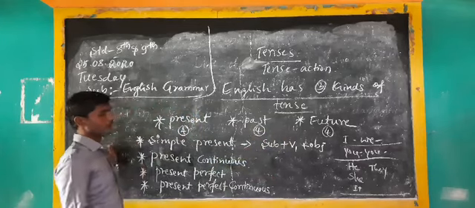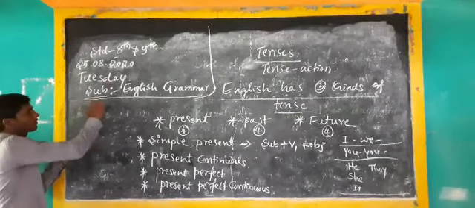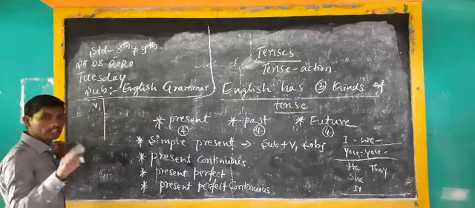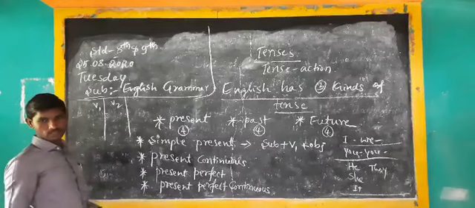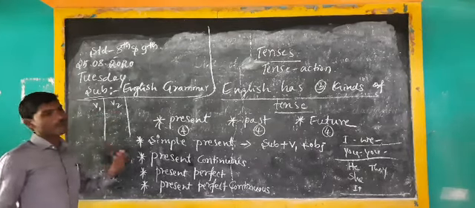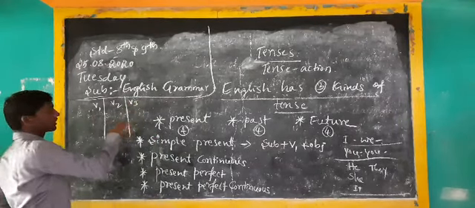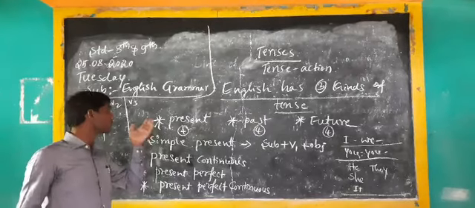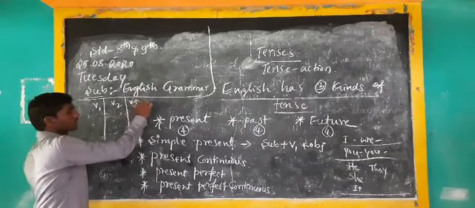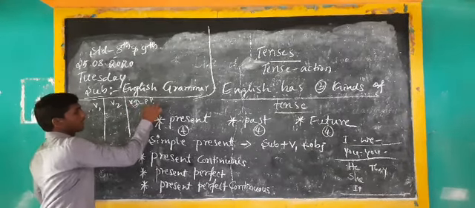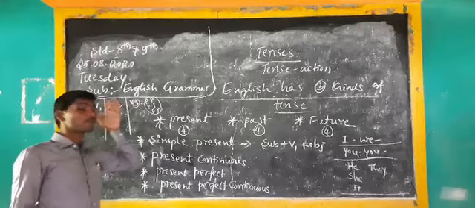In front of subject, we have to use V1 every time. Do you know about V1? V1 means verb number 1. Verb number 1 mainly refers to present tense. Verb number 2, V2, mainly refers to past tense. These verbs we utilize for the simple past tense. Then finally, verb number 3 is not for simple future tense. It is used for the past participle. That means verb number 3 is mainly used in present perfect, past perfect and future perfect. These three perfect tenses we have to utilize verb number 3 for.